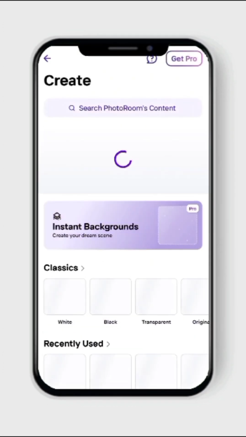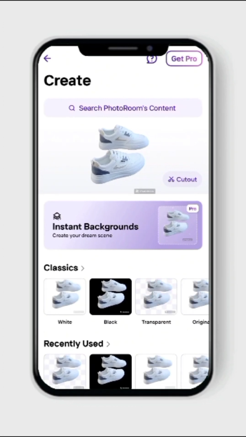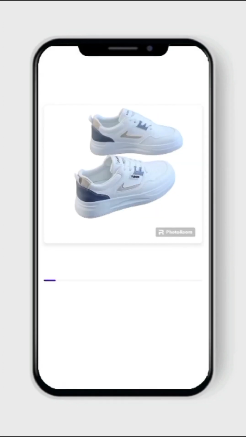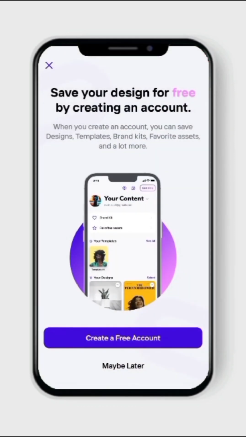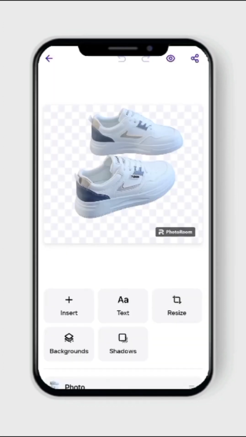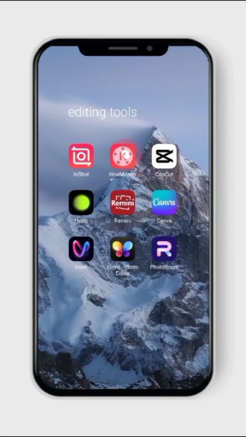Immediately I tap on that, it's going to remove the background. Make sure your data is on. So pick transparent, then I'll add on to the icon up there. Tap the icon up there. Then maybe later and save to gallery. So it's going to automatically save to gallery. Then add on to KineMaster